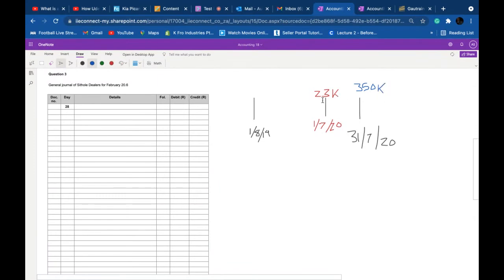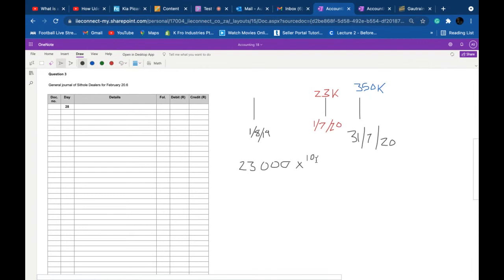So first things first, we know this new machinery is included in here, and we have to get the exclusive amount. So we're going to say 23,000 times